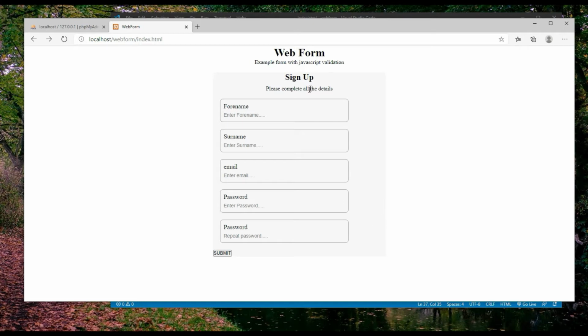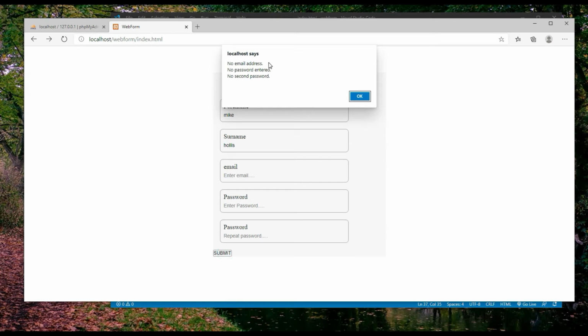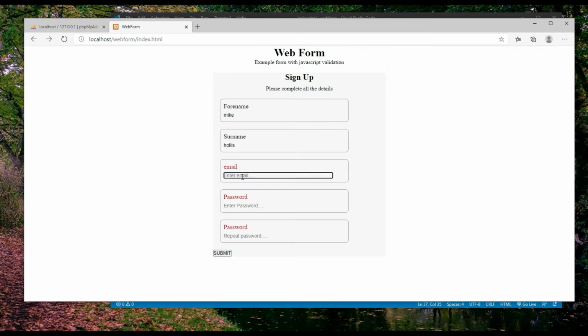We had a form last time and we had some JavaScript which validated the inputs. So if I just quickly go through, and I only put two things in, click submit, my JavaScript has picked up I've got no email address, no password, etc. So if I put them all in,